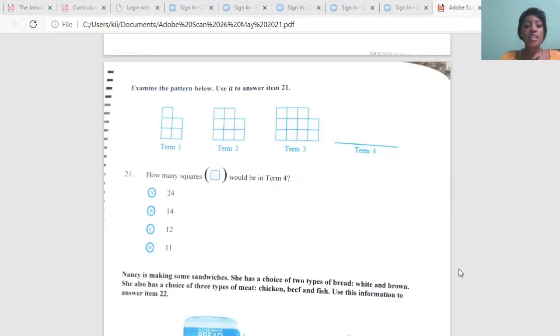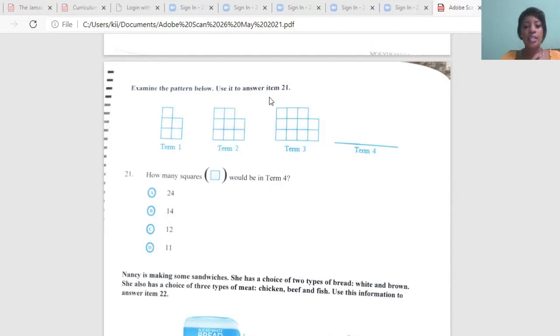This question is from the pattern type, and it's a quantitative reasoning question. The instructions read, examine the pattern below. Use it to answer item 21. How many squares would be in term 4? So there are 5 squares in term 1, 8 in term 2,